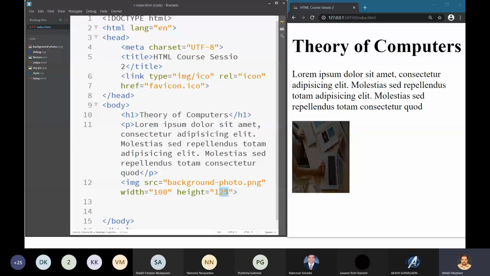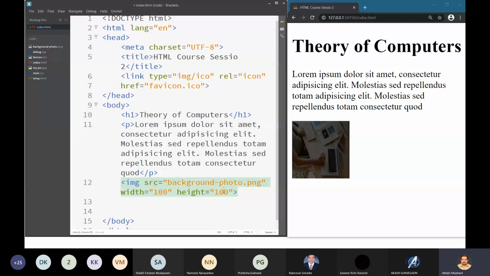Obviously, the aspect ratio you have to maintain, right? If you are working with the width and height, you have to be very careful because of aspect ratio. Do you understand what aspect ratio is? Every image file has a resolution, right? The first value of the resolution indicates the horizontal number of pixels, and the second number in the resolution indicates the vertical number of pixels. If you divide your first number by the second number, what you get is the aspect ratio. So whenever you are specifying the width and height within the web page, you have to maintain that aspect ratio.